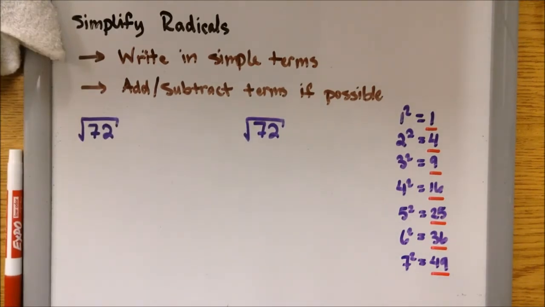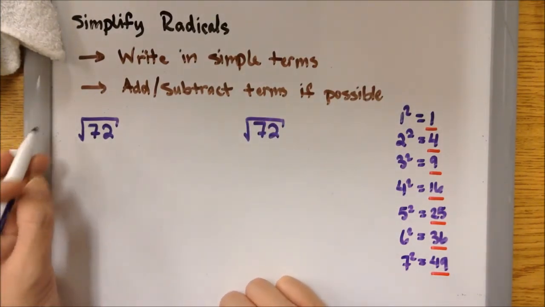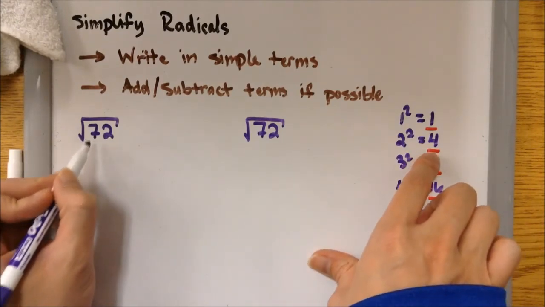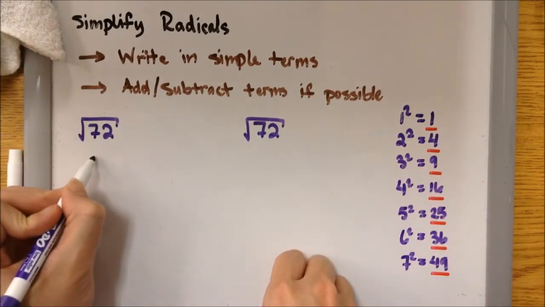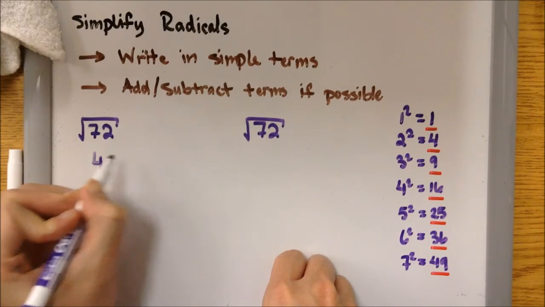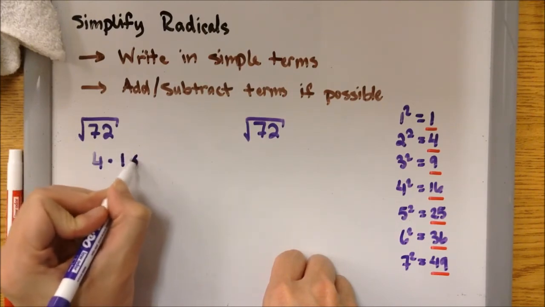Alright, so in example 3, we have 2 square root of 32s. So again, I am trying to show you multiple ways of simplifying, but there is a faster way if we find out which one to use. Now let's start off with the first 72. You can use 4 because 4 can go into 72. So 4 times 18